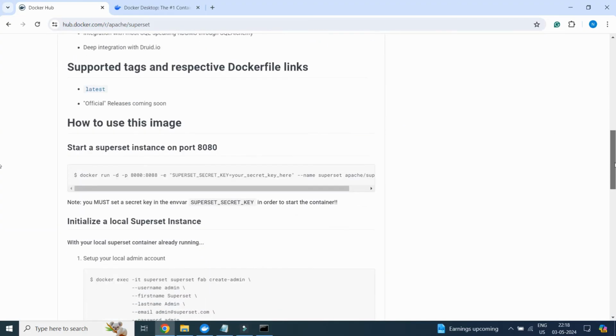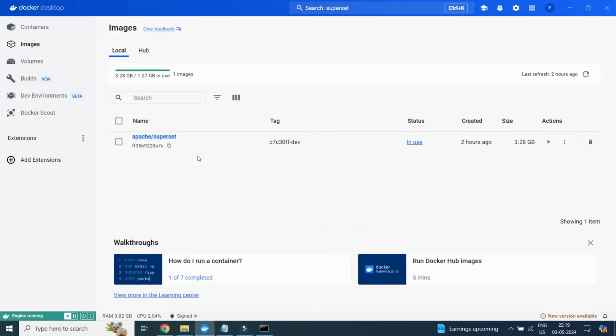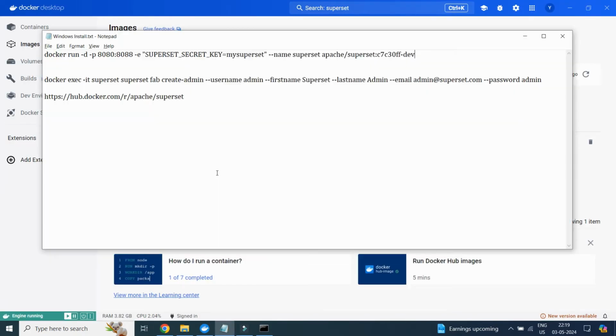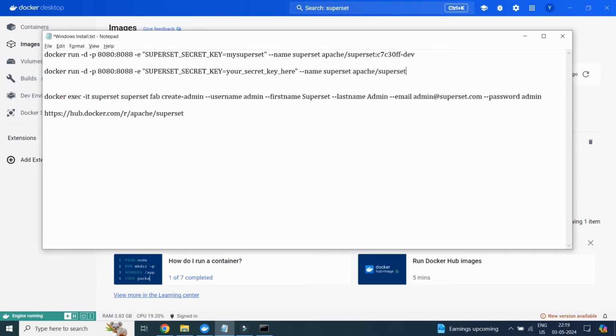So here is the command. Let me show you: docker run -d, port number 8080:8080. Secret key, you need to specify any secret key.